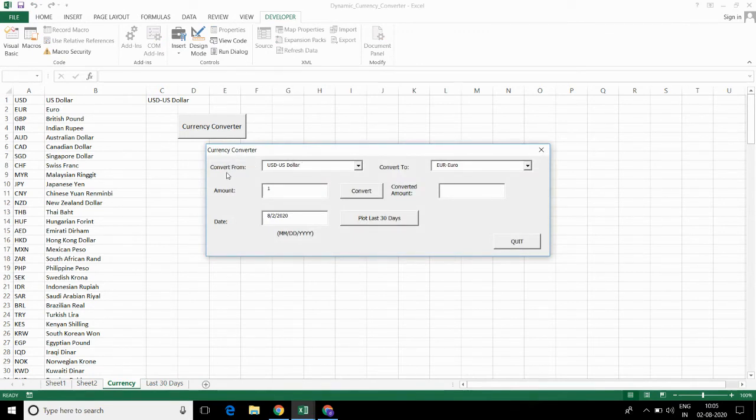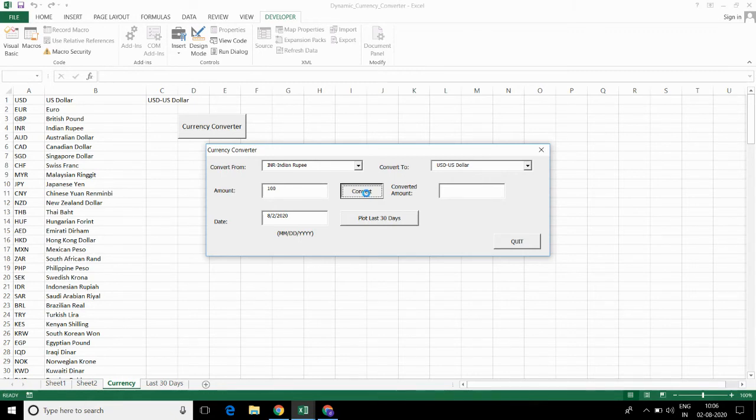So let me select from currency as INR and to currency as USD, and let me give the amount as 100 rupees and convert.